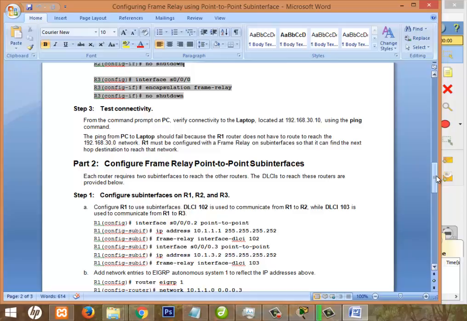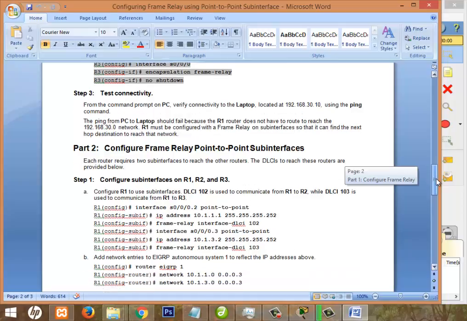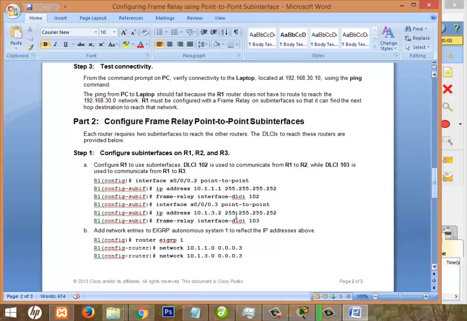Now we have to make point-to-point sub interfaces. For making point-to-point sub interfaces, we take an interface, and for the first interface we give point-to-point, then the IP address which we want, and the subnet mask, and then the frame relay.